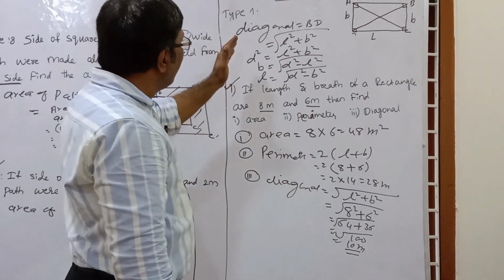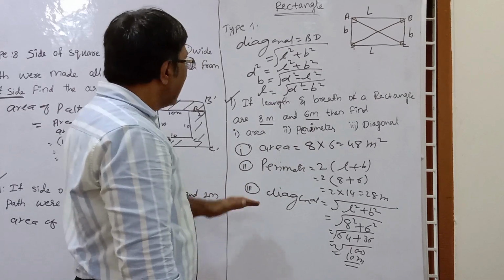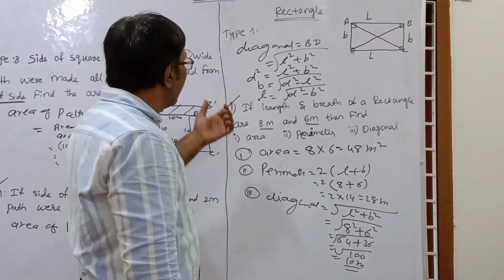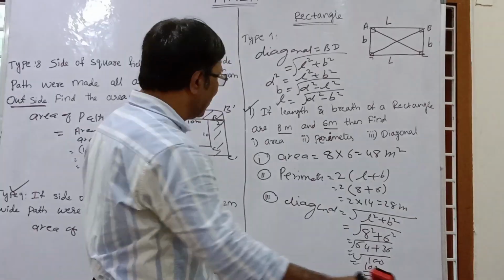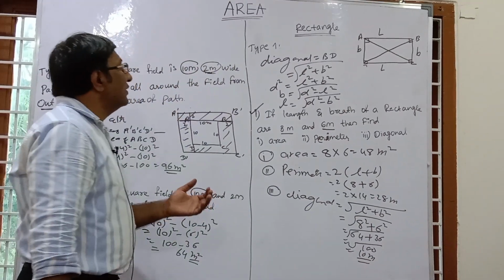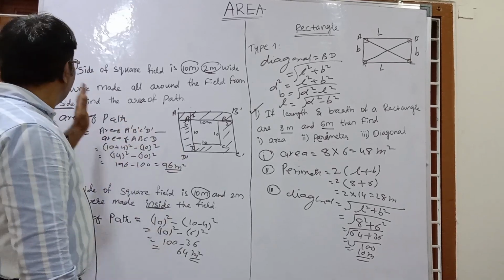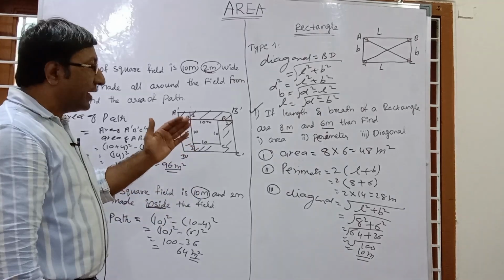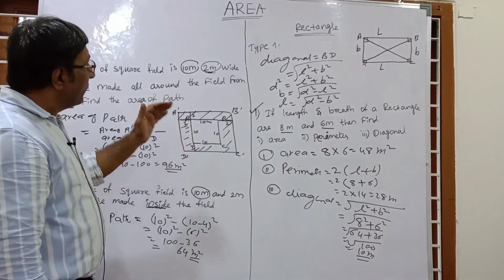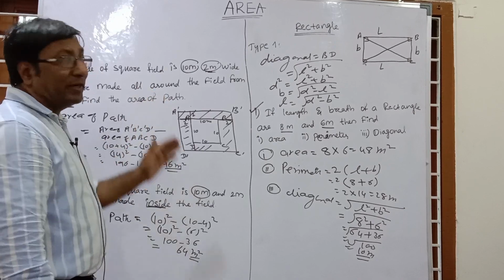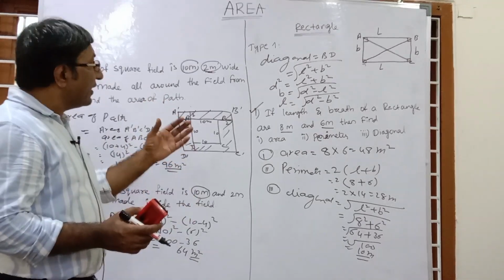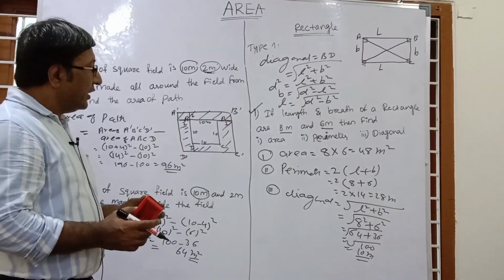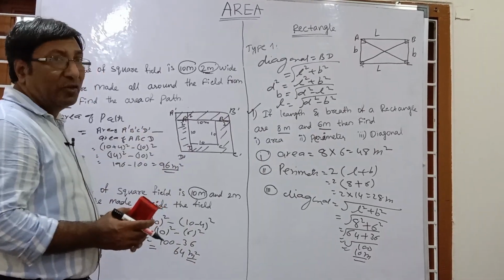So this is the first type of the rectangle questions. After that we will go for part 2 of area, in which we will cover the rectangle and other sections also. So in this video we have solved up to type 8 and type 9 of the square and type 1 of the rectangle. So go through every question from start to end, then you will understand the basics of this area section and the important techniques.